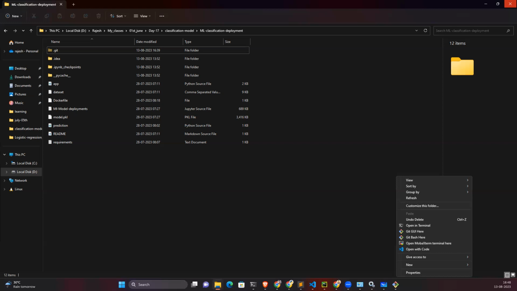Now once again run that command, git commit. Press the top arrow key on your keyboard. Keep going.